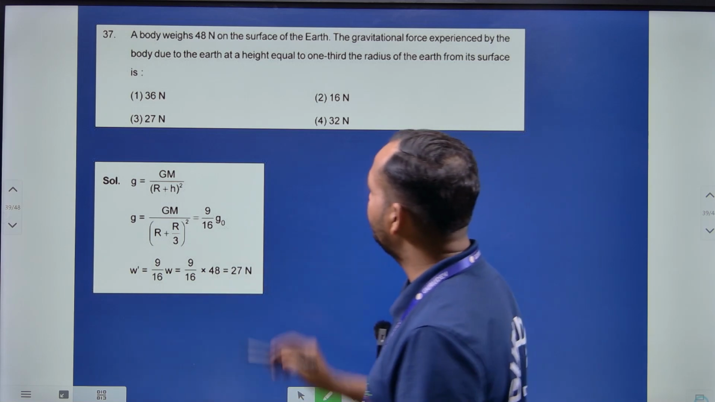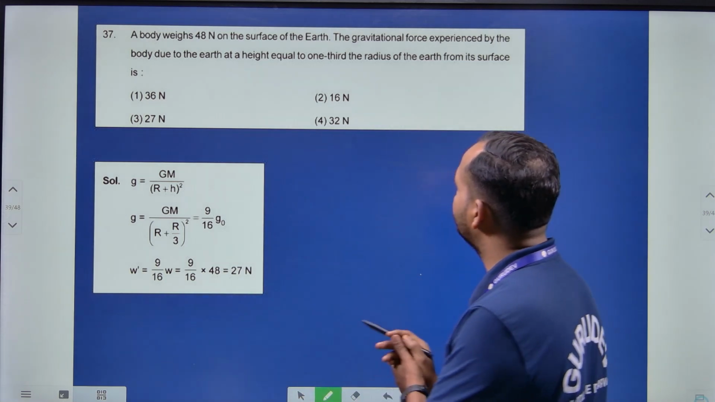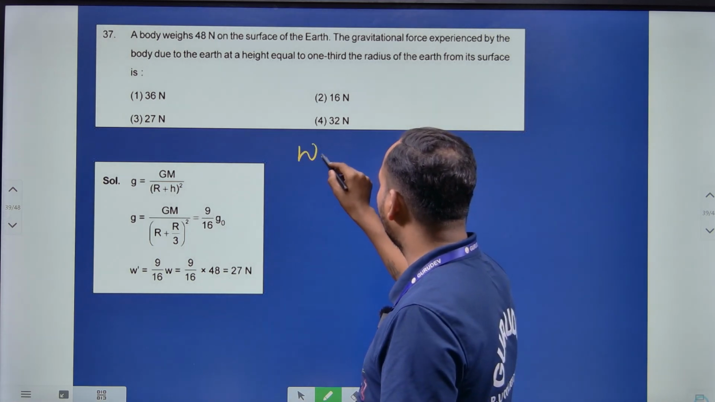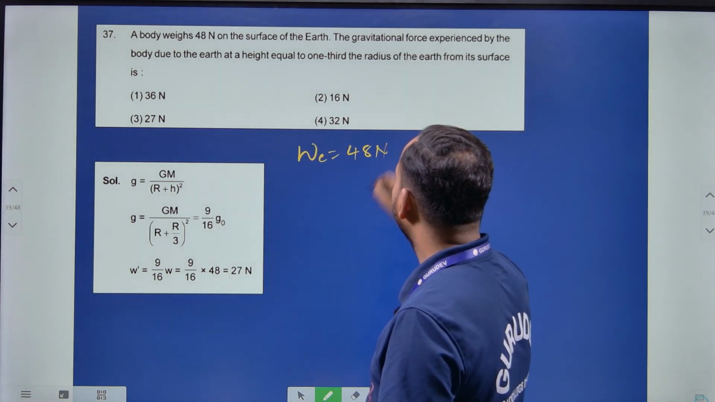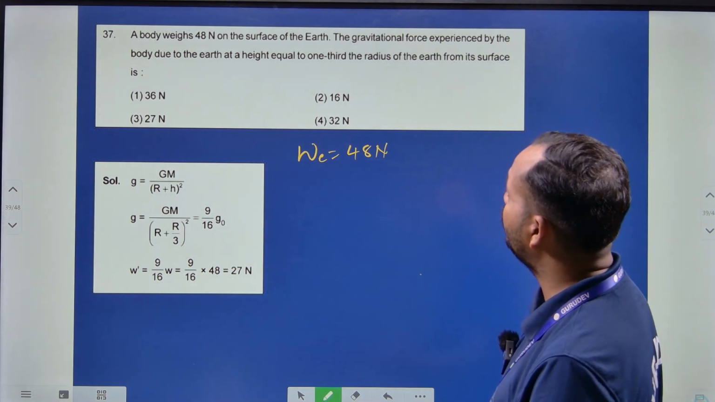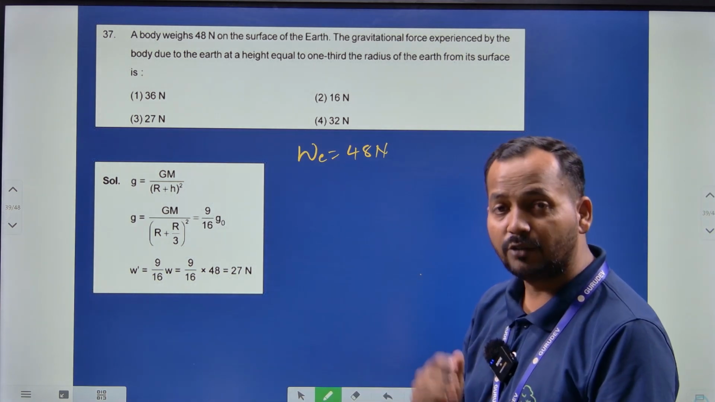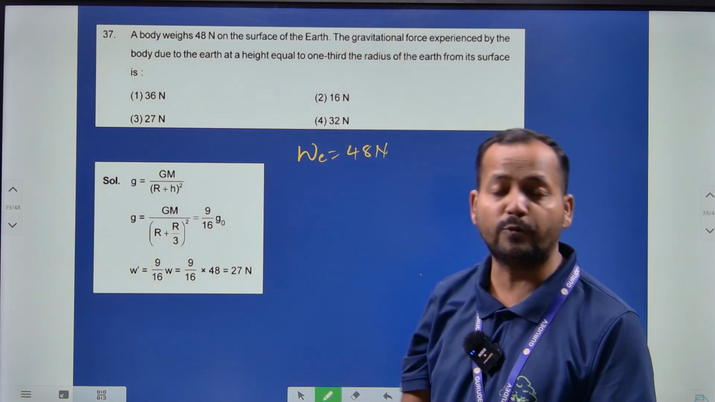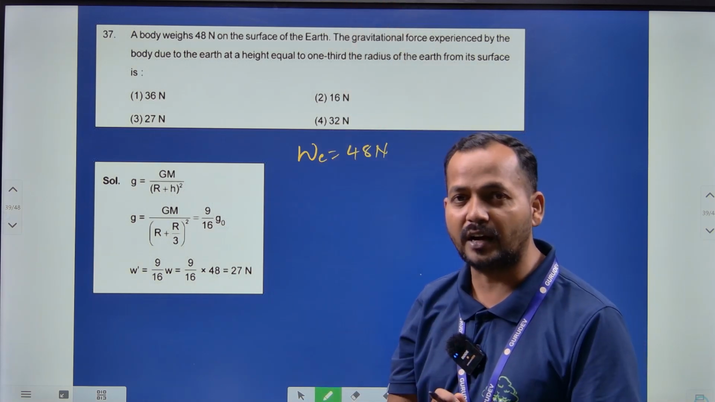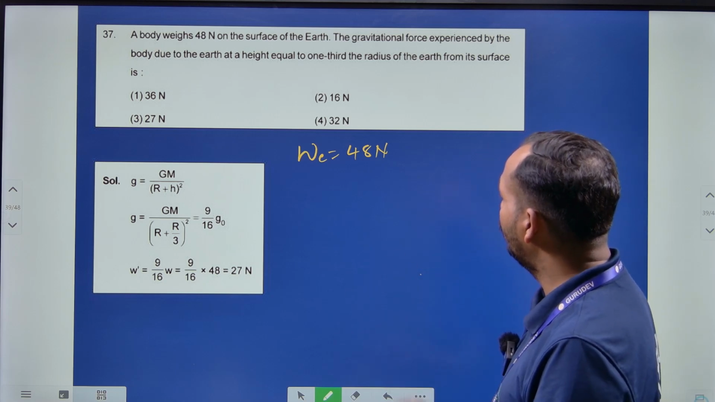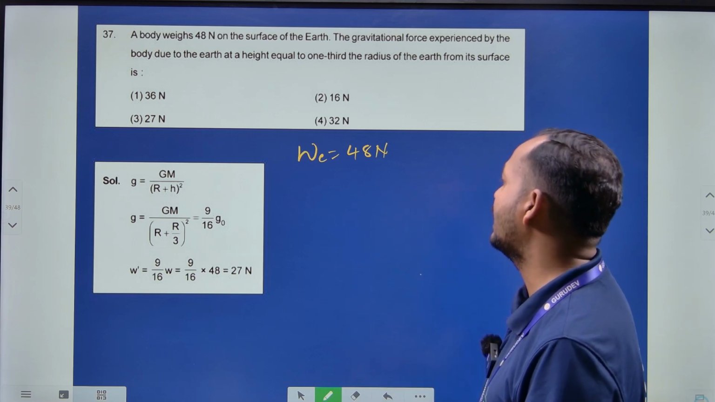यहां पे देख सकते हो आप, ए बॉडी इज वेट 48 न्यूटन ऑन द सरफेस ऑफ अर्थ। अर्थ सरफेस के ऊपर कितना वेट कर रहा है, वेट ऑन अर्थ इज 48 न्यूटन। द ग्रेविटेशनल फोर्स एक्सपीरियंस्ड बाय द बॉडी ड्यू टू द अर्थ एट हाइट इक्वल टू 1/3 ऑफ रेडियस। अगर वही जो वेट 48 था सरफेस के ऊपर, उसको 1/3 ऑफ रेडियस पे ऊपर लेके गए तो उस बॉडी का वेट क्या होगा, डेफिनेटली कम होगा। तो यहाँ पे सारे के सारे ऑप्शन कम ही हैं, तो उसमें कौन सा करेक्ट है आपको देखना है।